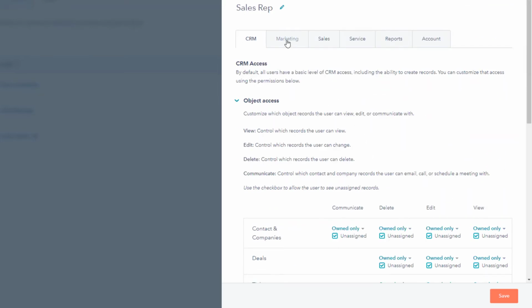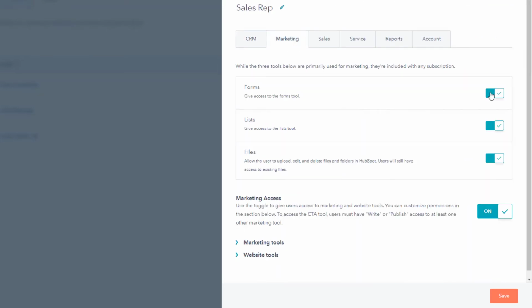We're going to go ahead and go over to marketing. They probably don't need access to forms, maybe not. Maybe. We'll say yes to forms. We won't say yes to lists for them, because they're going to probably be using filters inside the CRM. Files, they might need access to files, but in a perfect world, I'd probably have a snippet with a link that actually has the document that the sales rep could use. You know what? In this case, I'm going to say no, because I want you guys to use snippets and those links so that the sales reps can save time.